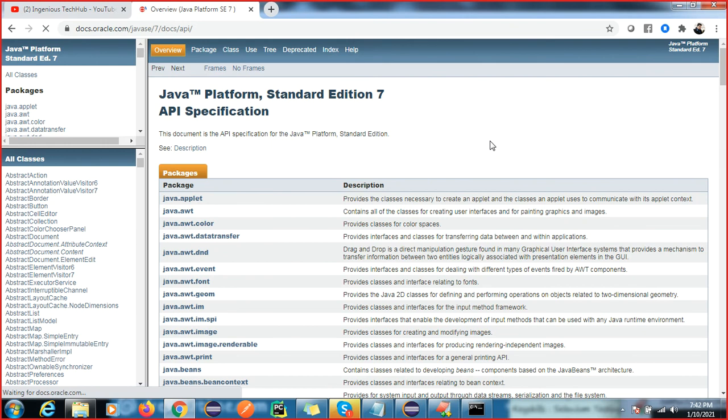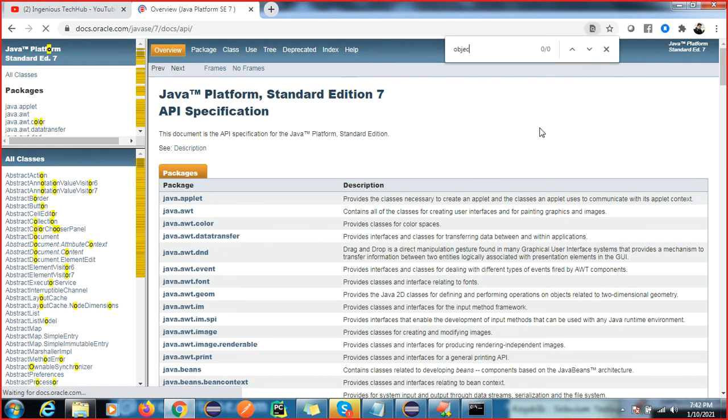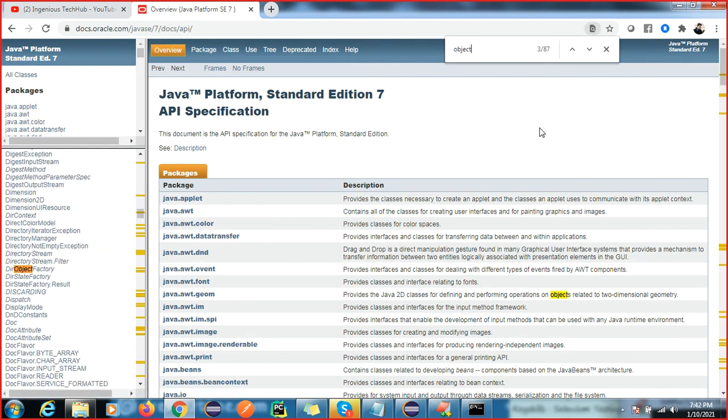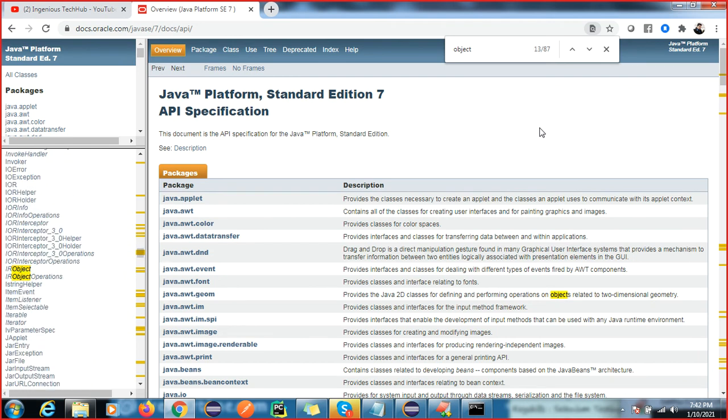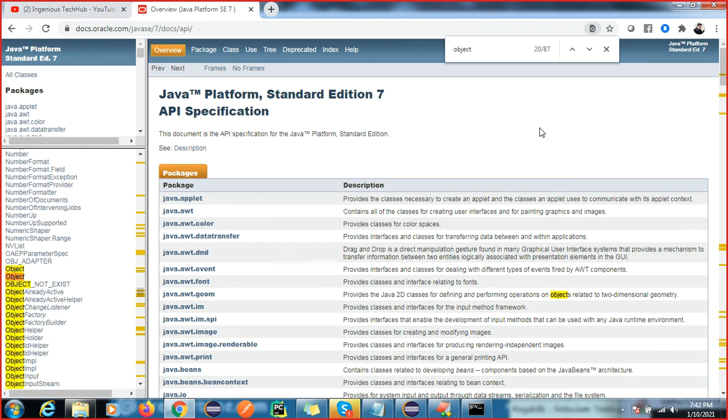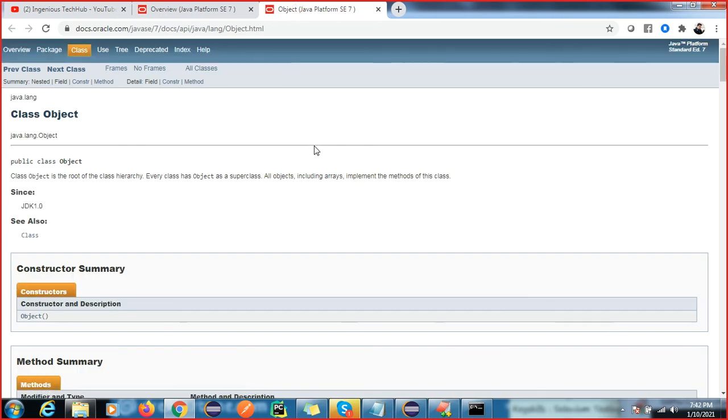Object is in the java.lang package. Inside this java.lang package, the Object class is an inbuilt class given by Java. Class Object is the root of the class hierarchy.